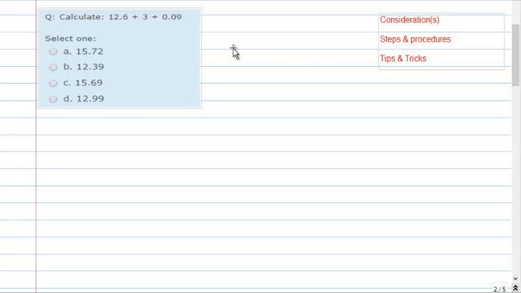For this particular problem and to demonstrate our on-screen capabilities, I am going to solve the problem, or attempt what should have been done. Well, in regards to consideration, it's an addition problem and the numbers are of different value. Solving it is easier done by rewriting the problem in a vertical manner. So